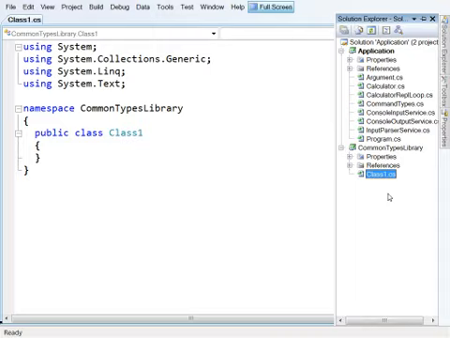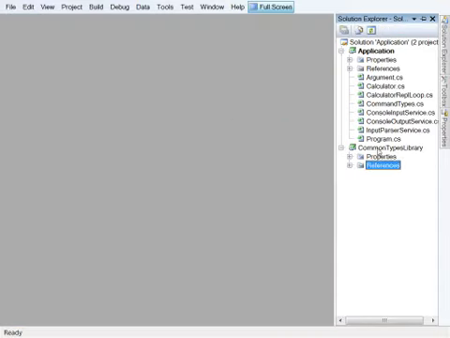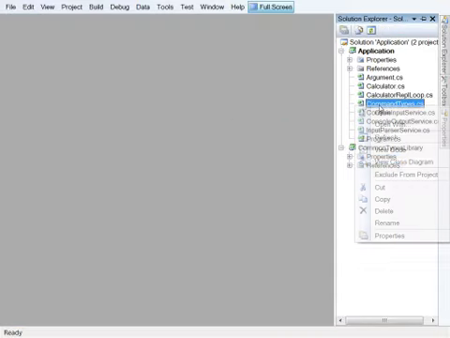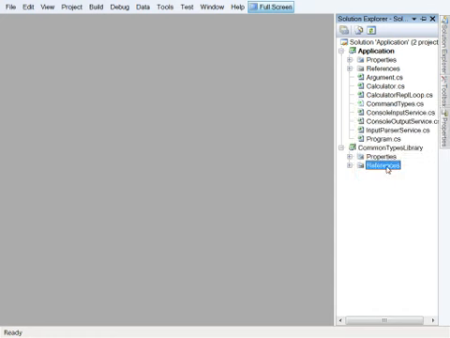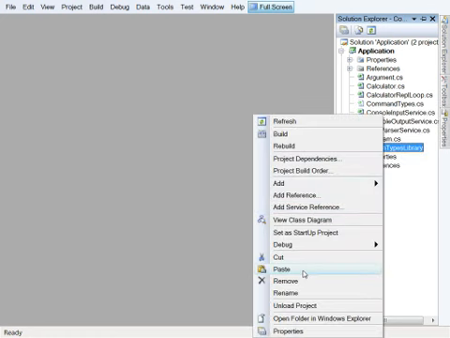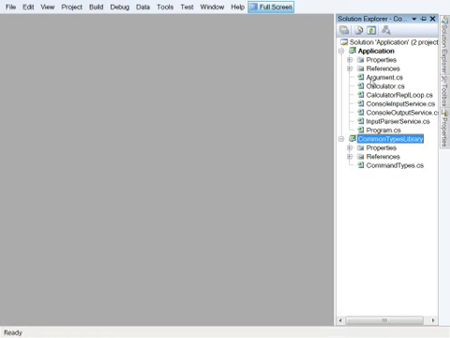Let's get rid of the class that Visual Studio's thrown in there, and I probably want to move my command types. Let's just cut that out of here and drop it into this library here. Let's just paste that in there. And that means that my application is probably going to need a reference to that in the end, but we'll figure that out in a second. So we've moved that over into this common types library. Let's then go and move our input parsing and perhaps our